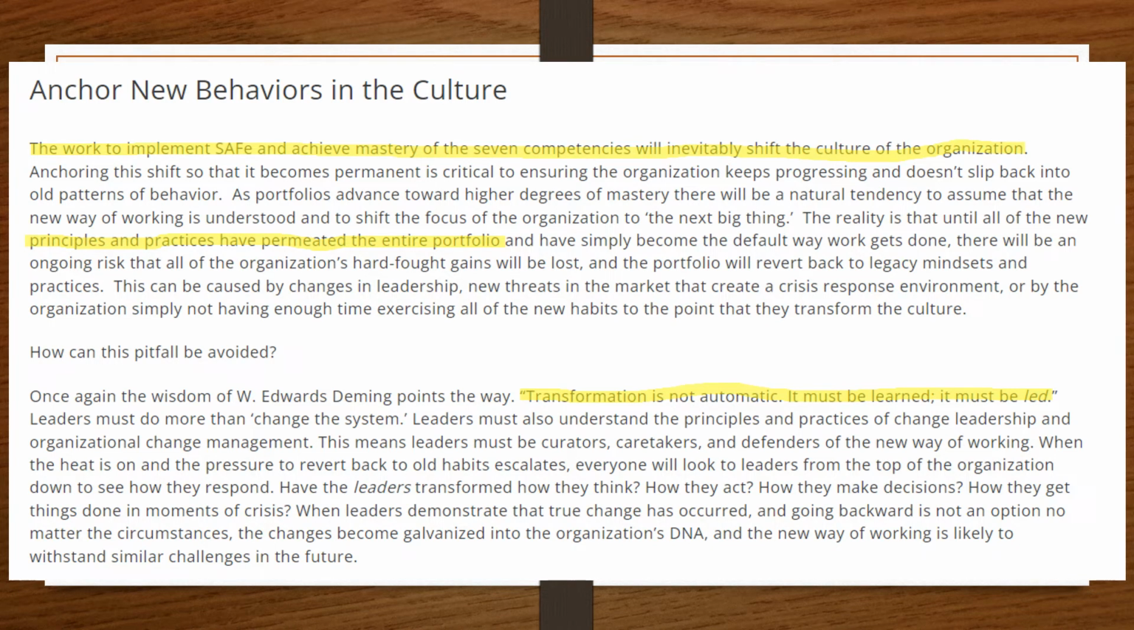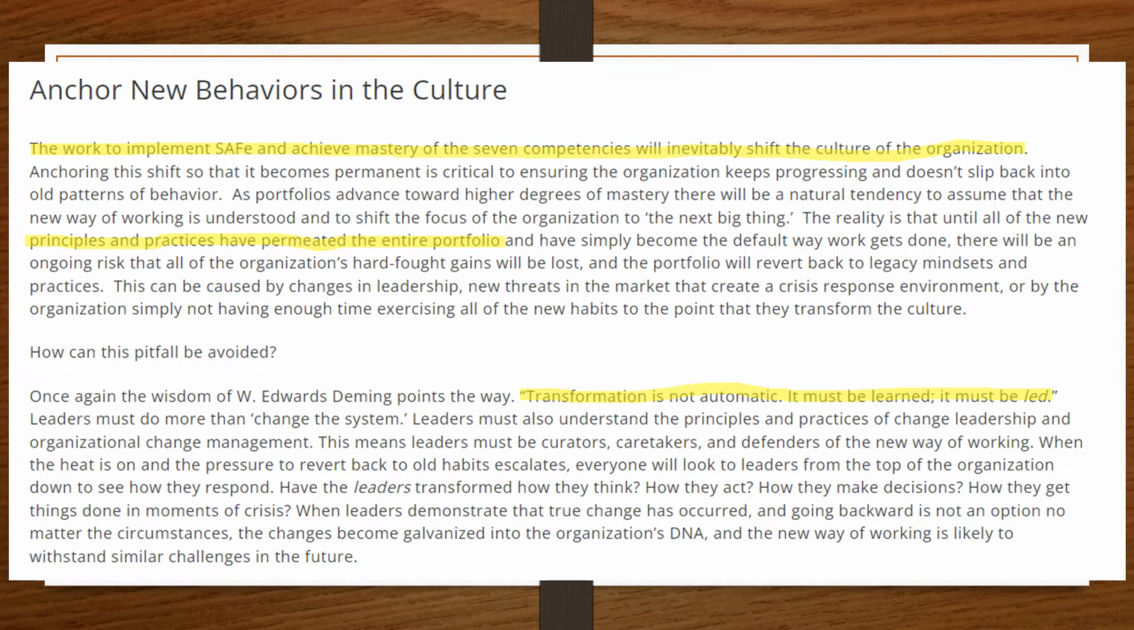The fourth step in Accelerate is anchoring new behaviors in the culture. The work to implement SAFe and achieve mastery of the 7 competencies will inevitably shift the culture of the organization, right? But you need to understand that you are starting and launching the ART and implementing something. Your first start is going fine, and one of the portfolios is quite successful. It's a possibility. The reality is that until